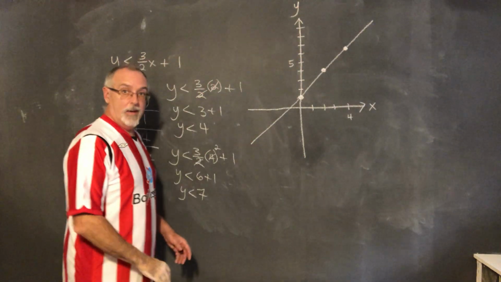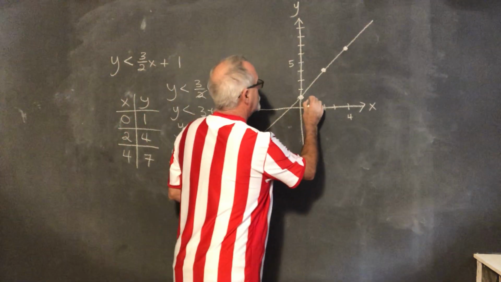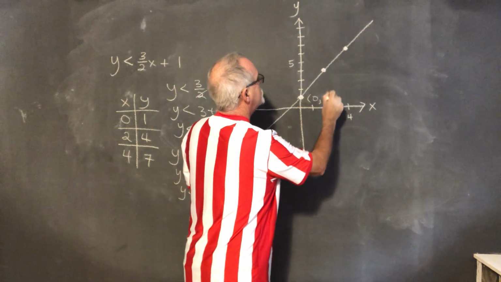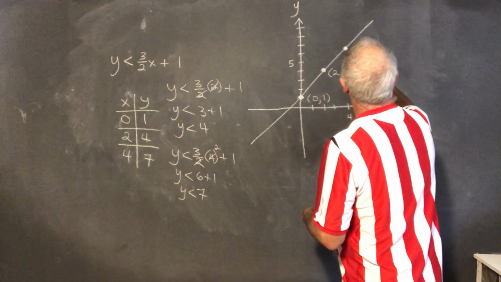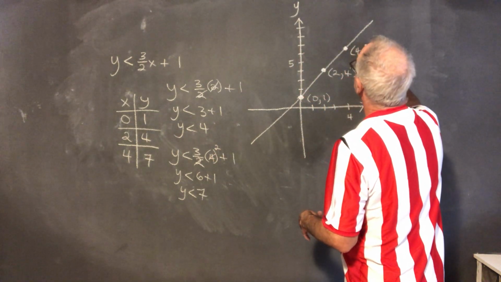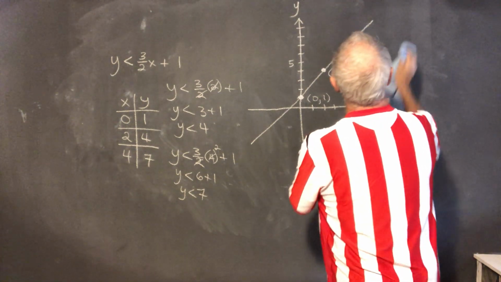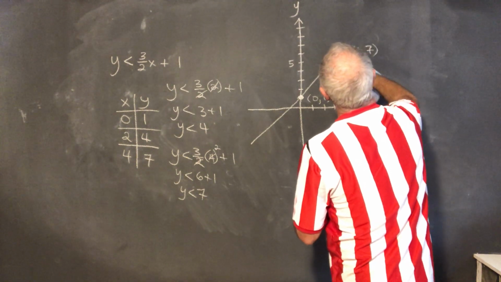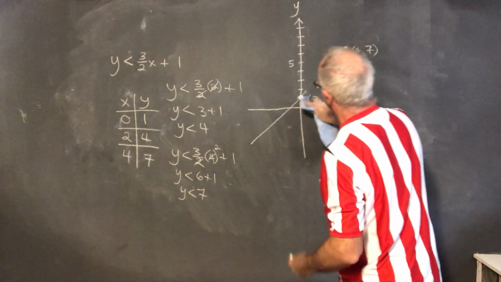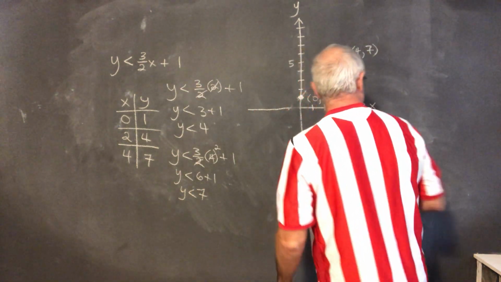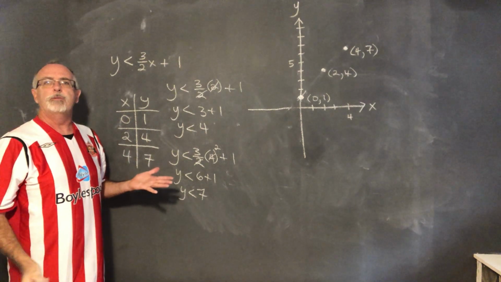Students should always use a ruler and grid paper. It really helps to remove the confusion that can happen. I'm going to label the, oh, I made a mistake. 2, 4, where I put the points is fine. 4, 7, that is a little sloppy. Okay, I made the mistake of drawing the line too quickly. So as you can see, the process that I'm doing, taking this equation, making a table of values and graphing it, isn't really any different than what I had been doing with all the previous examples. So the fact that we had a less than sign instead of an equals wasn't making it any different, but